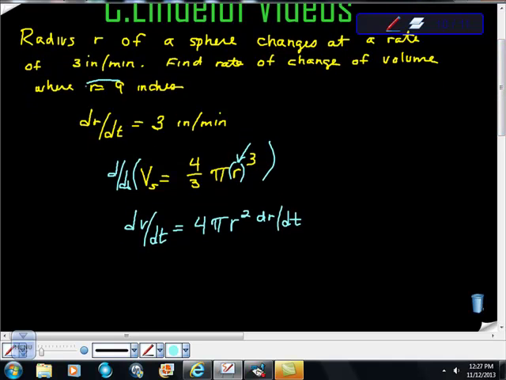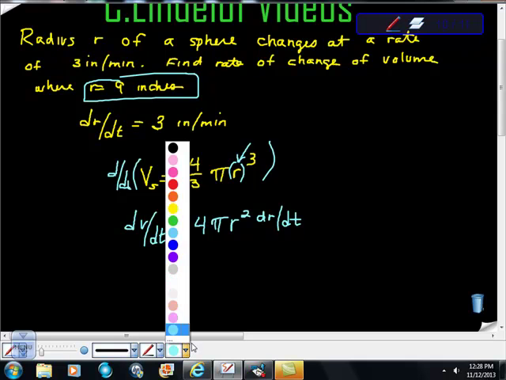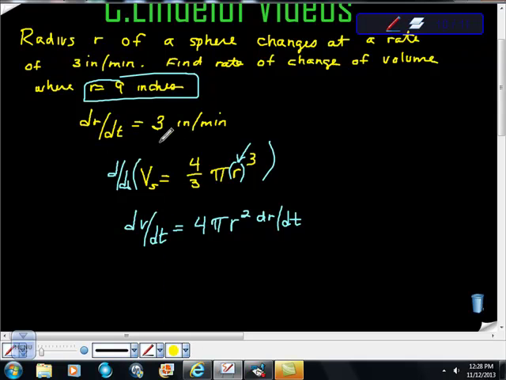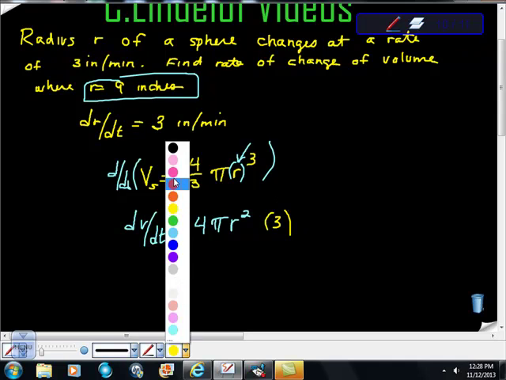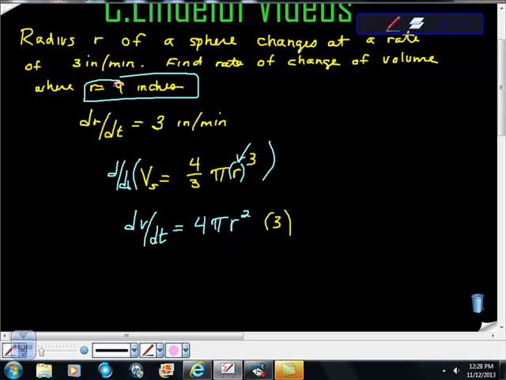We want to know what happens when r is equal to 9. We also know what dr/dt is, so all I'm going to do is start filling in the blanks, frankly. It says dr/dt is 3, so there's my dr/dt is 3. It says clearly here that the radius is 9, so I'm going to put my 9 in there. You have to be a little bit careful here not to screw this up